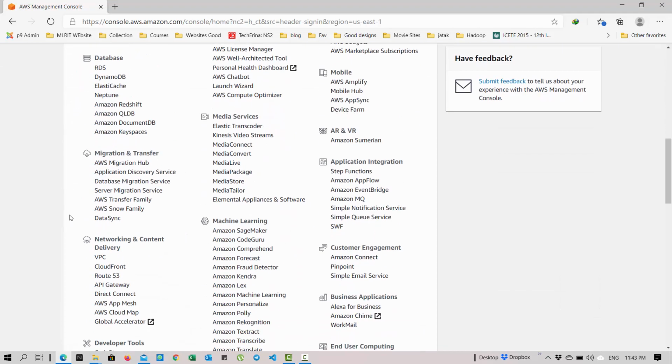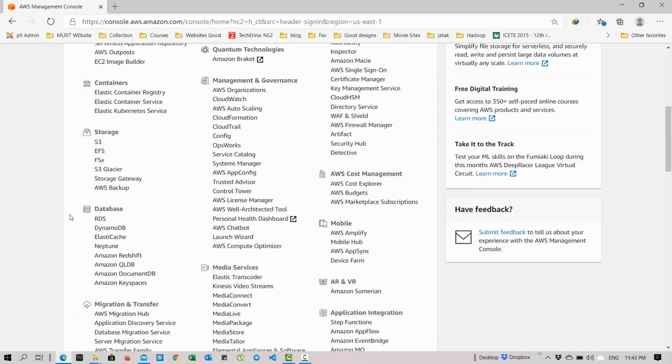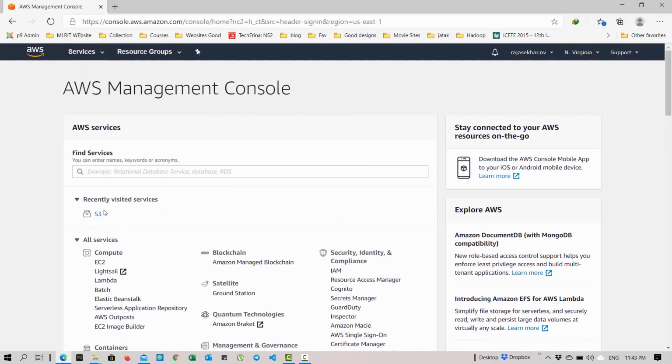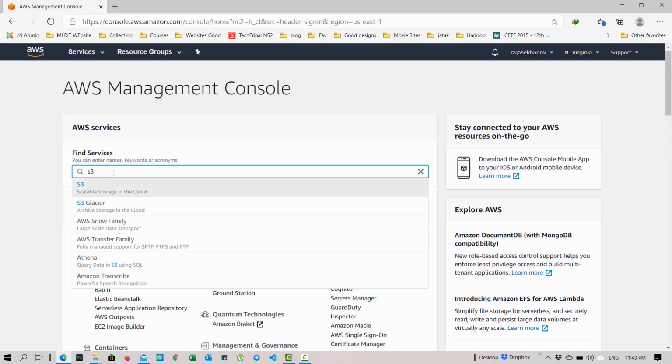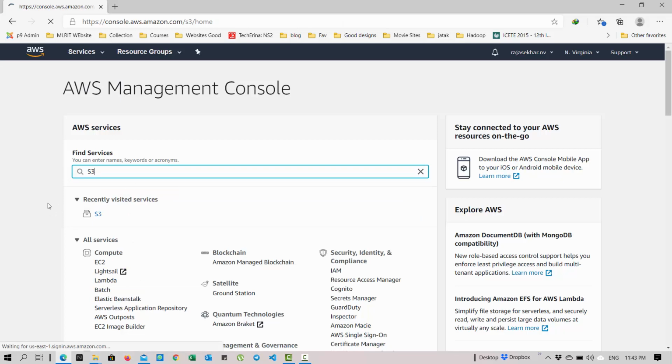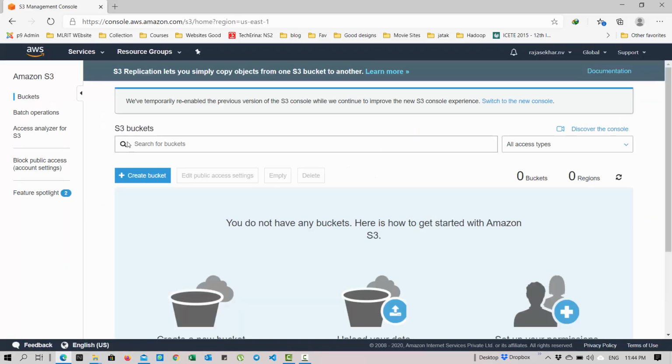You can see lots of other services offered by the AWS. Now in my case, I would like to select the S3. If you don't see S3 here, just go to search box and type here S3, scalable storage in the cloud. S3 stands for Simple Storage Service. It is a free service offered by the Amazon, but one restriction here is there is some space restriction for the S3 bucket. So you cannot host actually unlimited data, but you can host some limited data.